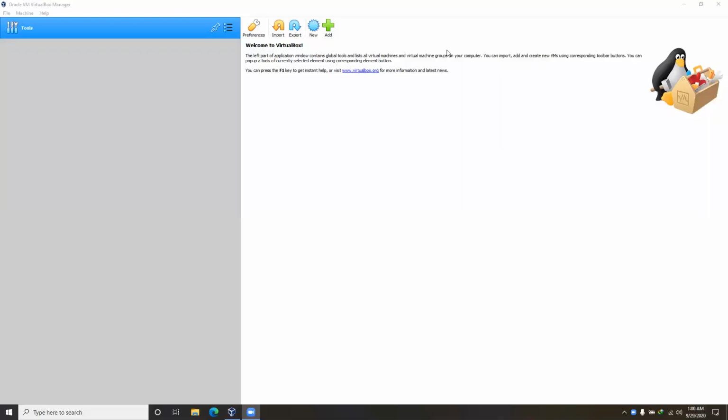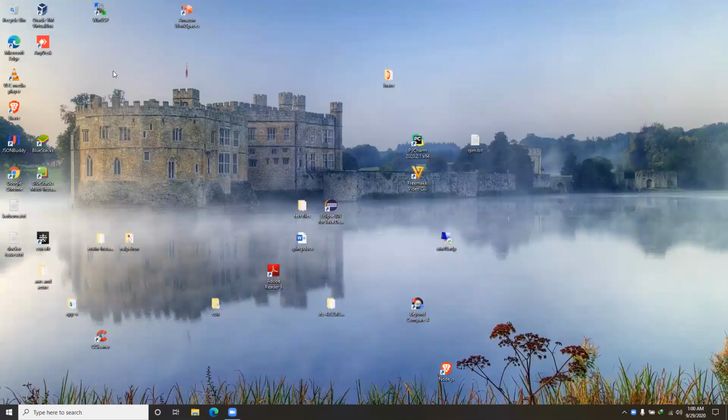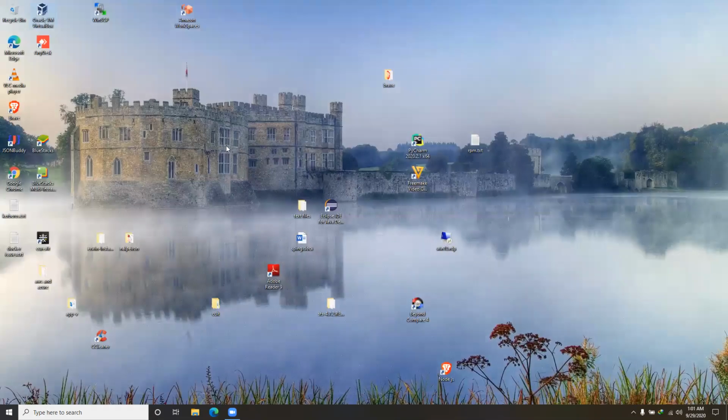In this video, I will show you how to install CentOS in VirtualBox. For that, you need to download CentOS first. In Google, you can search and download the ISO file. And I have downloaded the ISO file already. So go to this VirtualBox,